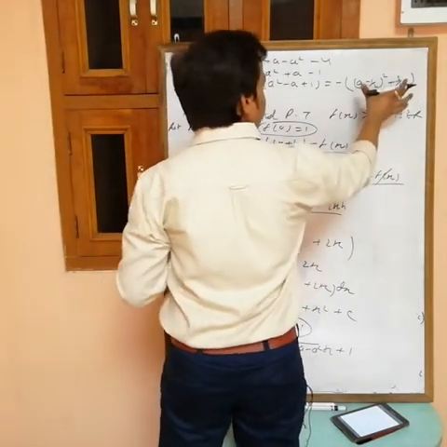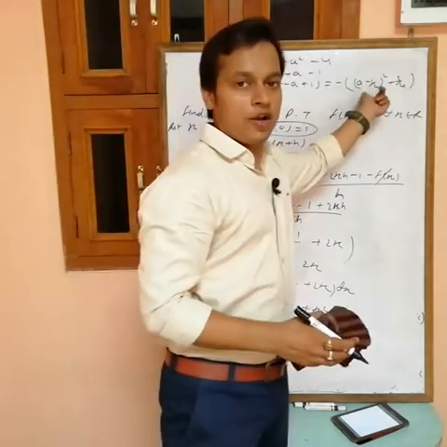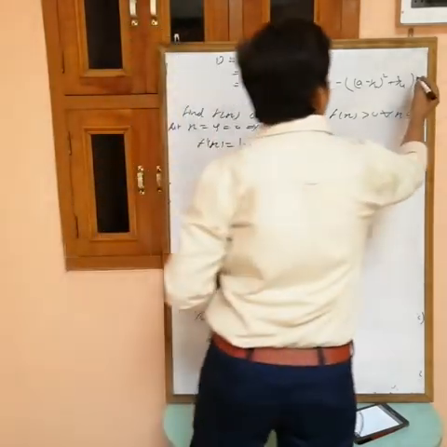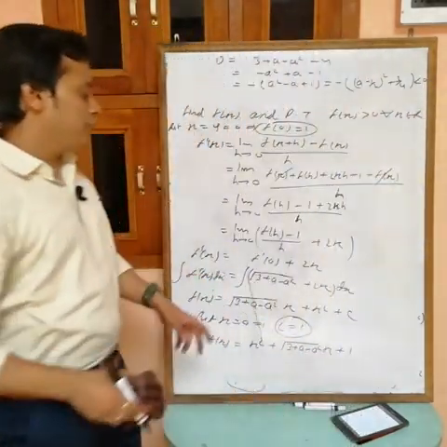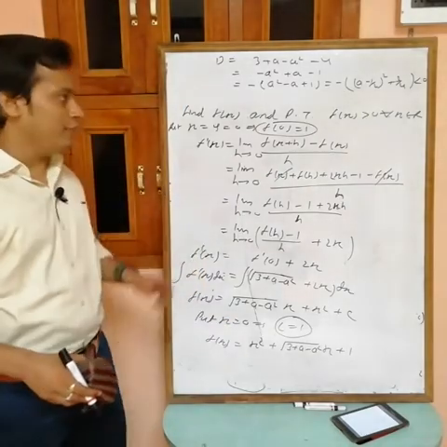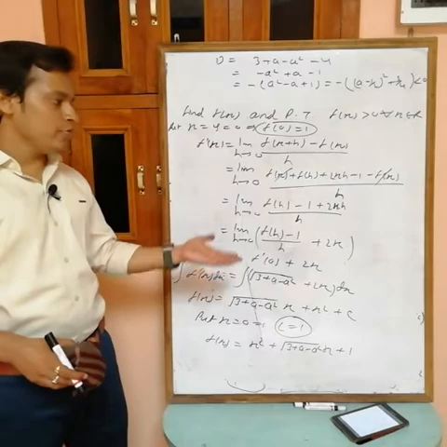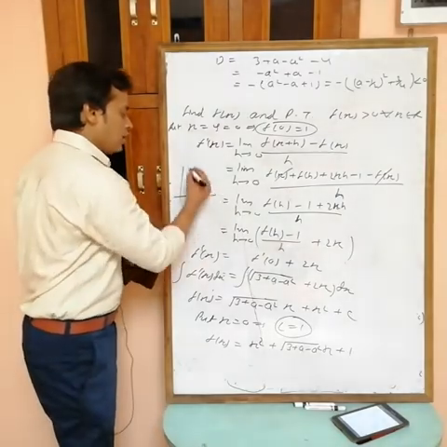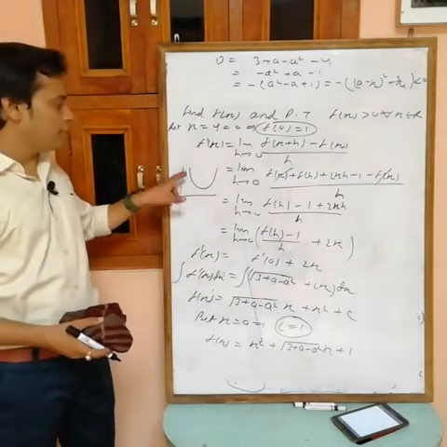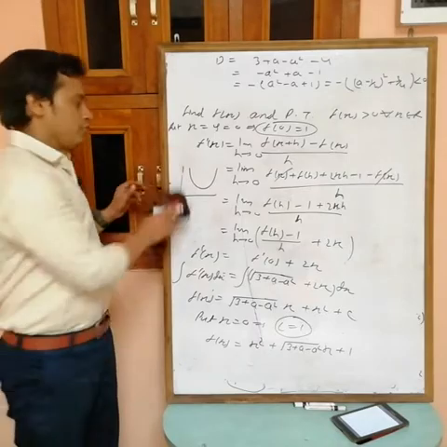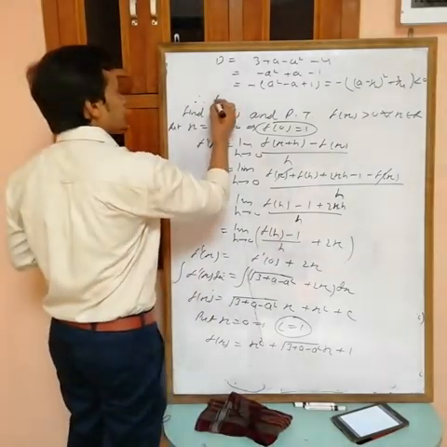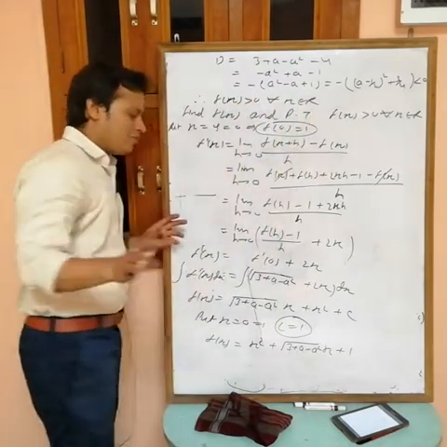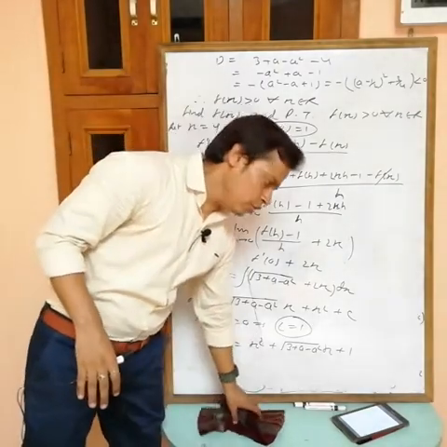Now see, this is always positive. Square of something plus 3 by 4 is positive. Positive into minus, then the total becomes negative. So the value of d for this quadratic polynomial is less than 0. If d is less than 0, it means no root. No root means if a is greater than 0, the graph is completely above the x-axis, so this is always positive. Hence proved. f(x) is greater than 0 for all x belonging to R. Put any value of x, it will always be positive.